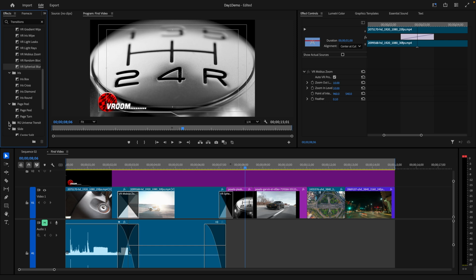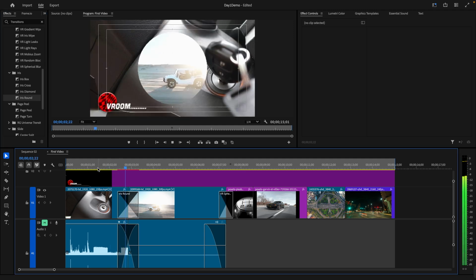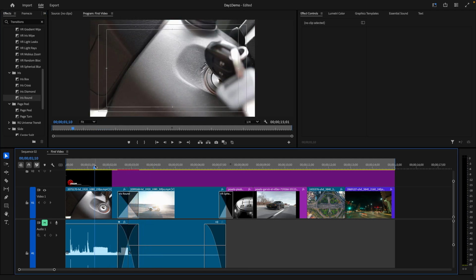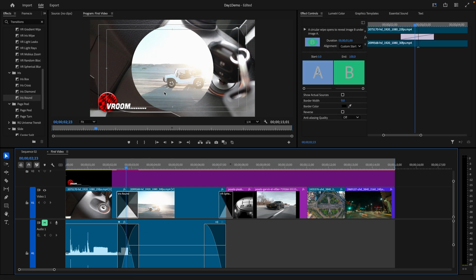You wouldn't have the Red Giant stuff. But an iris, let's toss an iris round here and see what that does. Like you'd expect. But iris cuts tend to be kind of a little on the hokey side if you just do them from the center. But if we select that cut